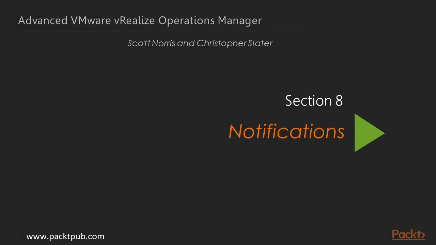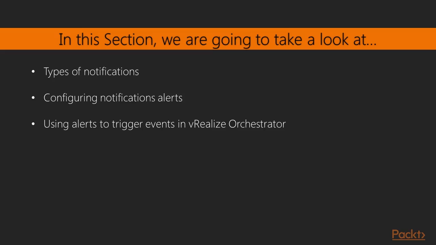In this section, we're going to take a look at notifications and how they can be used to send alert and information to external systems outside of vRealize Operations Manager. In this section, we'll have a look at what are the different types of notifications and what are they used for, how to configure notification alerts, and then finally, how to use a notification to trigger an event in vRealize